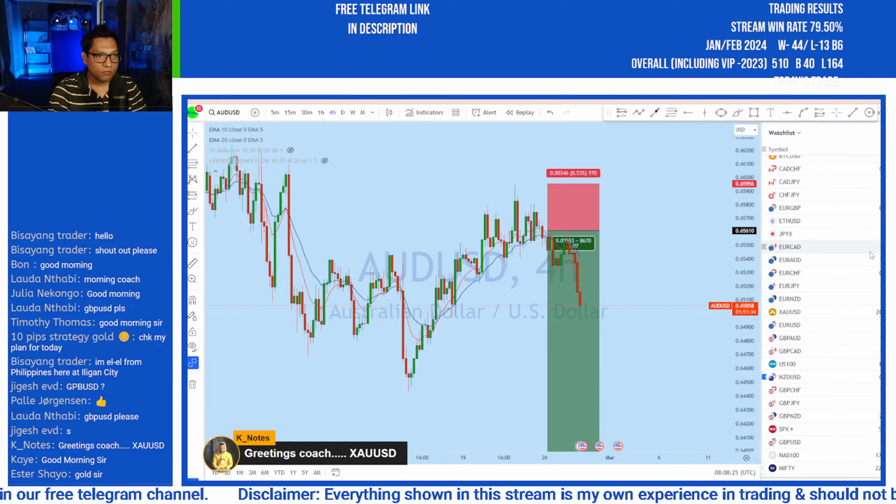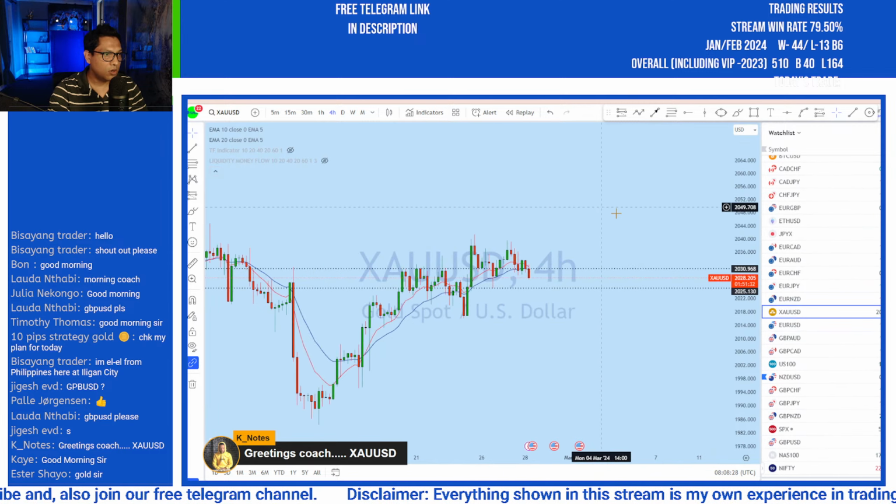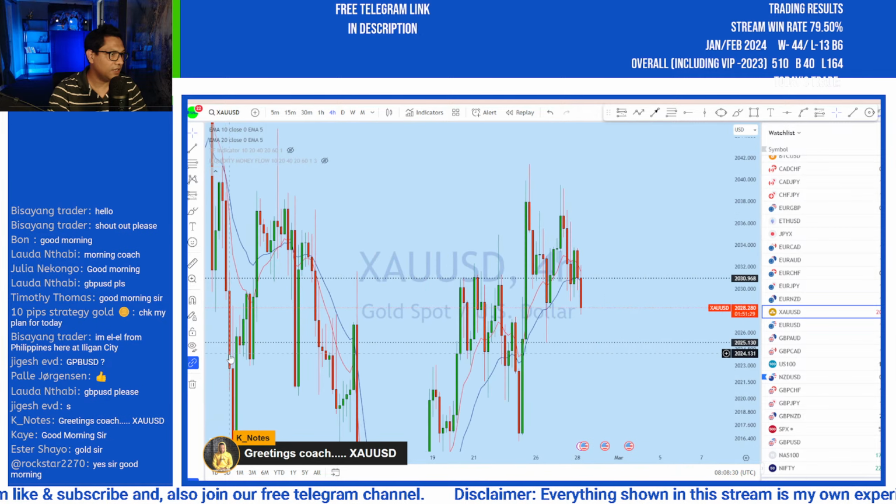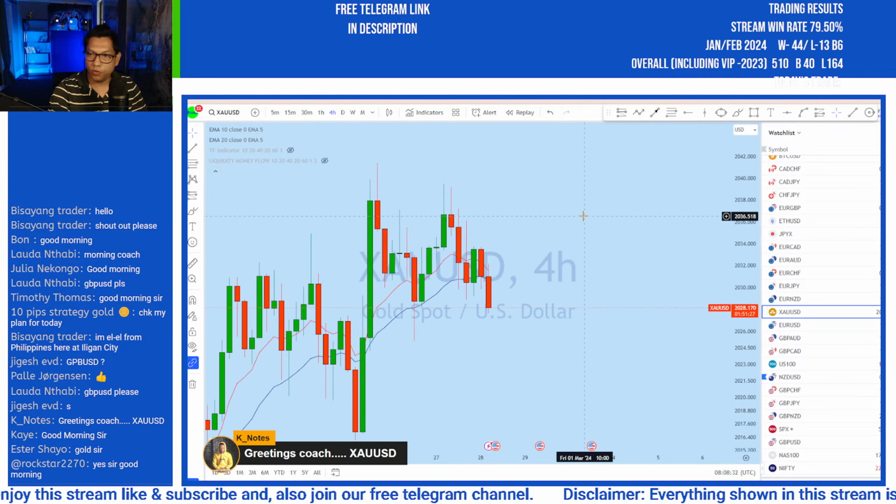So let me first of all look at gold. As you can see, here is a little bit of breakdown on gold, not a big one, but there is